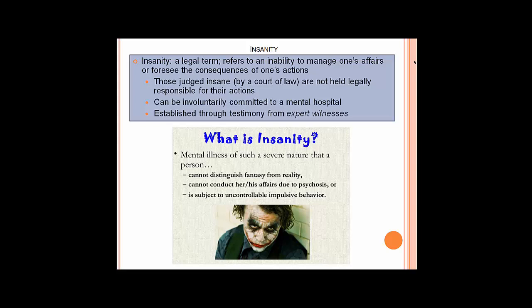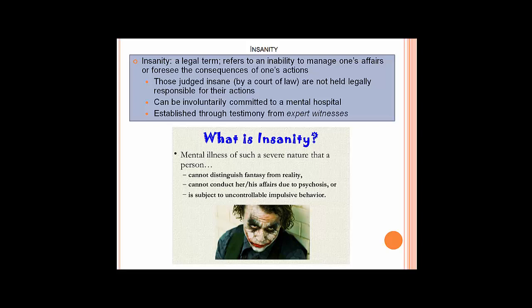Now, you may have watched TV shows or law programs where there's testimony about somebody's insanity, the insanity defense. And of course, both sides, the plaintiffs and the prosecution, will bring forth their experts to combat and say, well, this person was insane, this person was not insane. So again, there are no hard and fast truths to some of these issues. What's insanity?